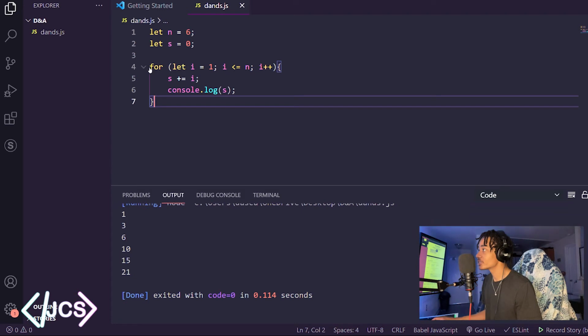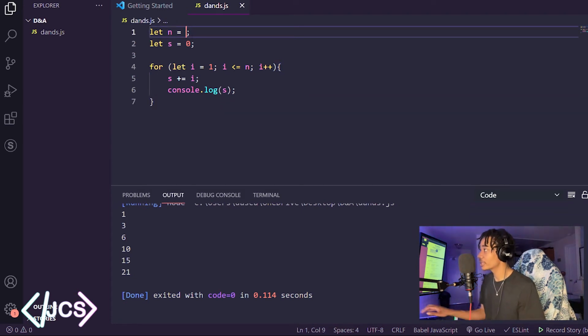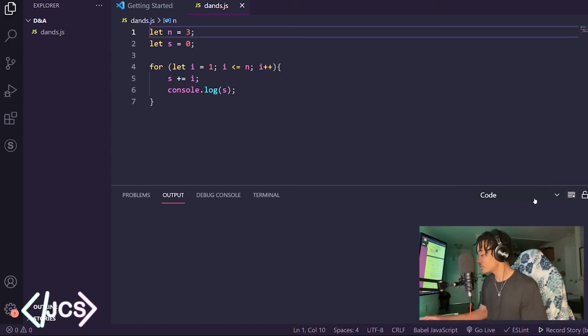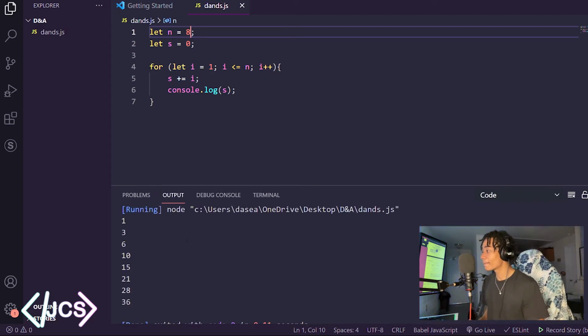Now, let's change this to 3 and run the code again. It's 6. Let's change this code to 8 and run this code again. 36. Now, there was a shorter way that he did it while I was watching the video on Udemy, and